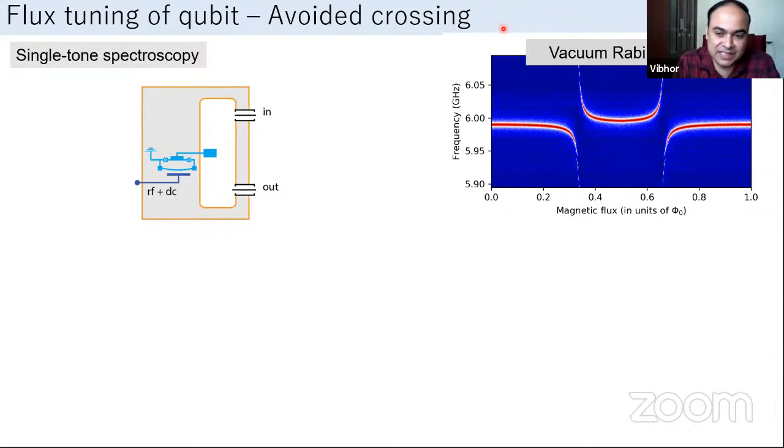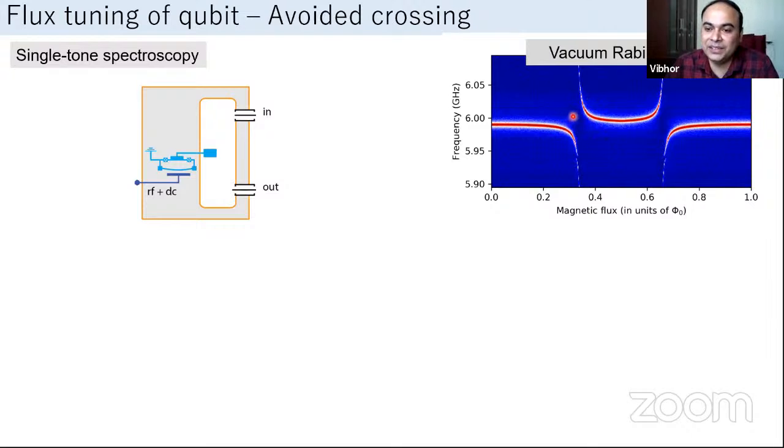and this qubit mode is changing again. I want to remind you of the dependence of SQUID inductance on magnetic flux. As we increase magnetic flux, the SQUID inductance goes up, and hence the qubit frequency goes down. And it's periodic in half a flux quantum, so it will be minimum at 0.5. So the qubit mode comes from some high frequency, and as we increase flux, it becomes resonant with the cavity, and due to the strong coupling between the transmon qubit and the 3D cavity, we have these avoided crossings.